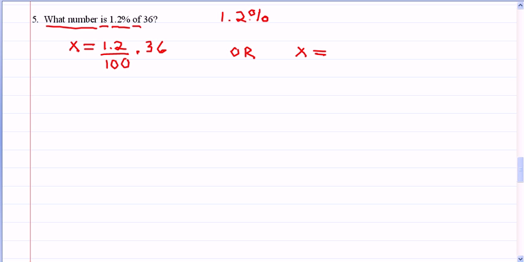For number 5, what number is our x? And then is means equals. 1.2% is 1.2 over 100, of means times 36. So I'll write this one out twice. What number is x? Is means equals 1.2%. We can take this decimal and move it over 2 places to the left to remove the percentage symbol so that we get 0.012